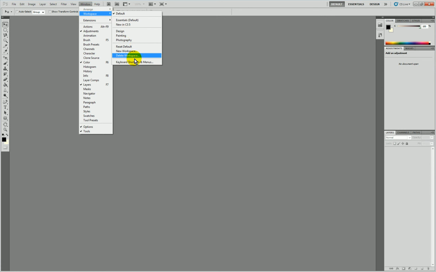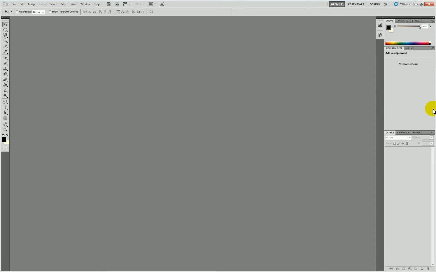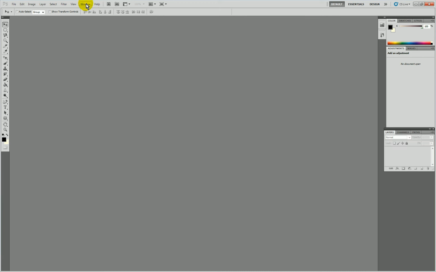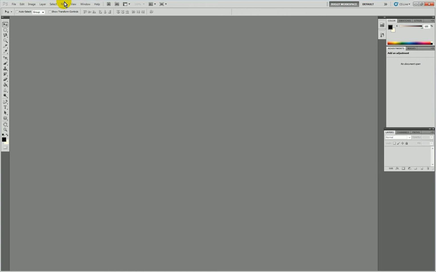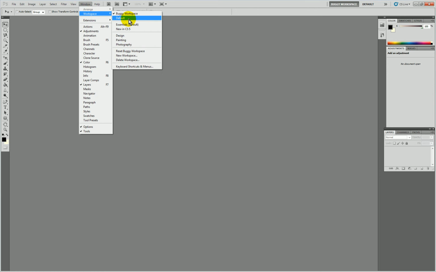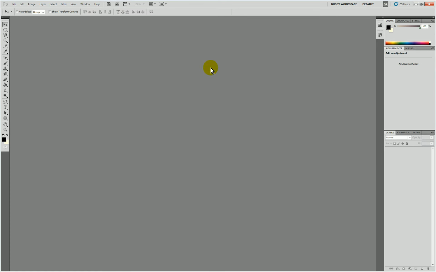But in the workspace you can create a new workspace and then make it look like you like here, and click New Workspace and save it, and it will come up here and you can click on it. For instance, moving around with these a little bit, and stuff like that if you want to. So here we have a new workspace. Go ahead and save it if you like. New workspace. I'm gonna call mine buggy workspace. And save it. So if we go ahead and choose the default again here, and then buggy workspace, you can see I'm gonna go with the default again. I like that.